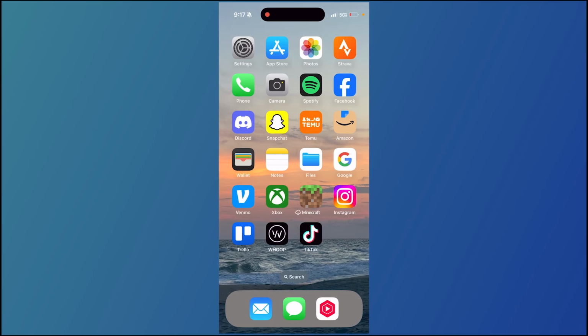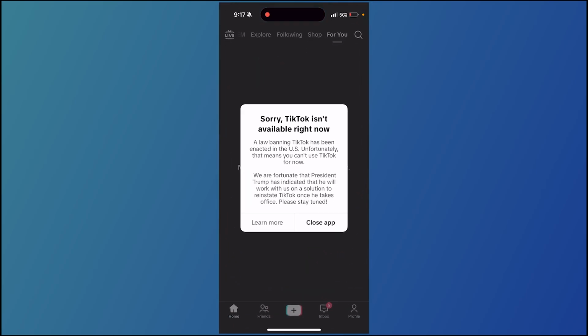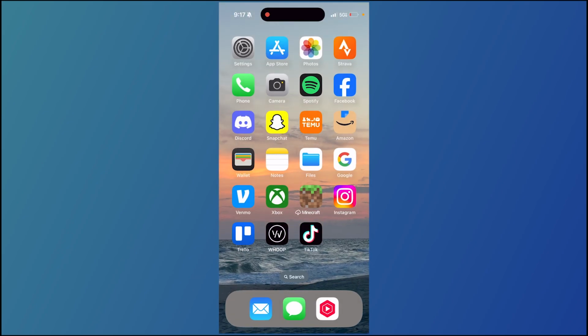I'm going to show you 3 easy ways to watch TikTok after the ban. Now, if you try to open TikTok, it'll give you this error like so. And if you want to watch it by bypassing this error, all you need to do is